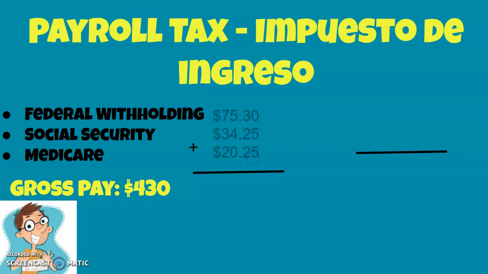So let's say I have to pay $75.30 in federal withholding. I have to pay $34.25 in Social Security, and I have to pay $20.25 in Medicare. I am going to add it all up to find out what is my payroll tax. Voy a sumar todos los impuestos de ingreso para agarrar el total que me van a deducir de mi salario,